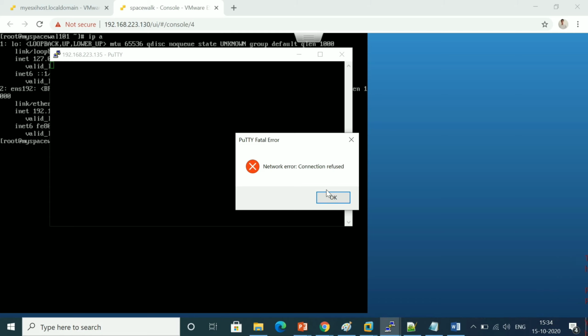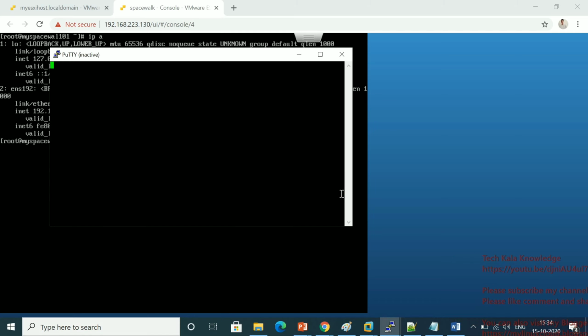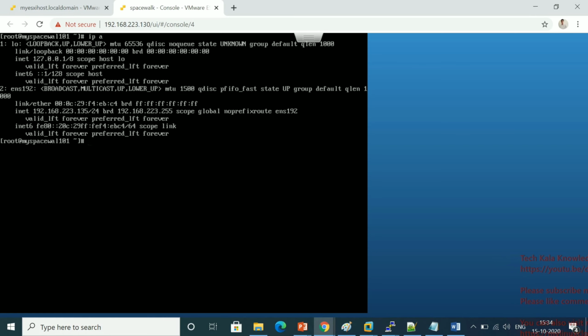Okay, fine. So now how will we fix this issue? Let me go to the console again. In this console, you first have to check whether the sshd package is installed on this server. How do you check that package? You use the rpm command: rpm -qa | grep -i and then the package name.